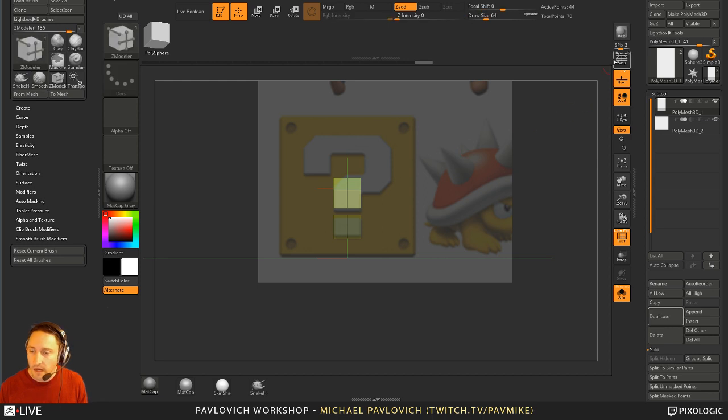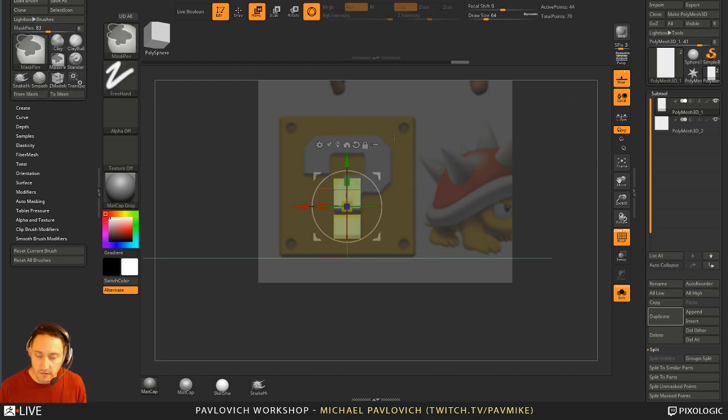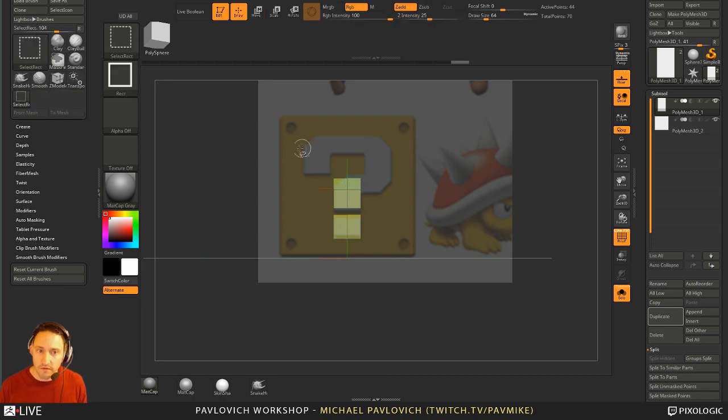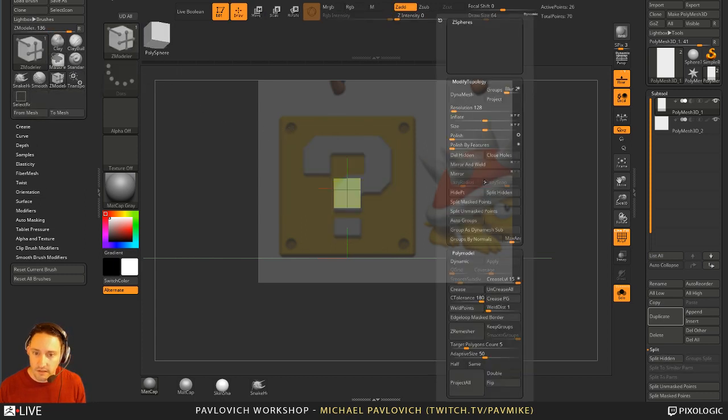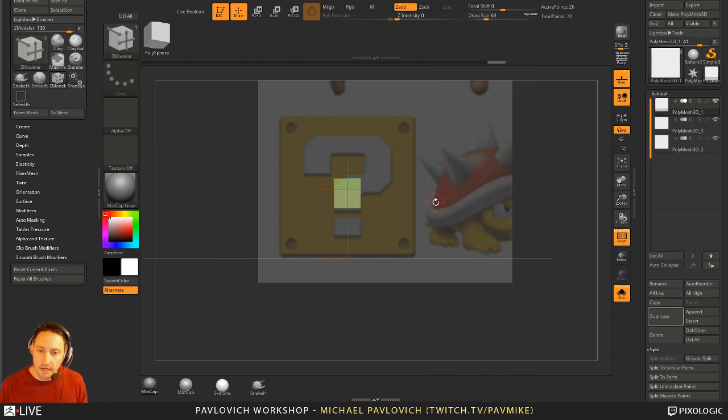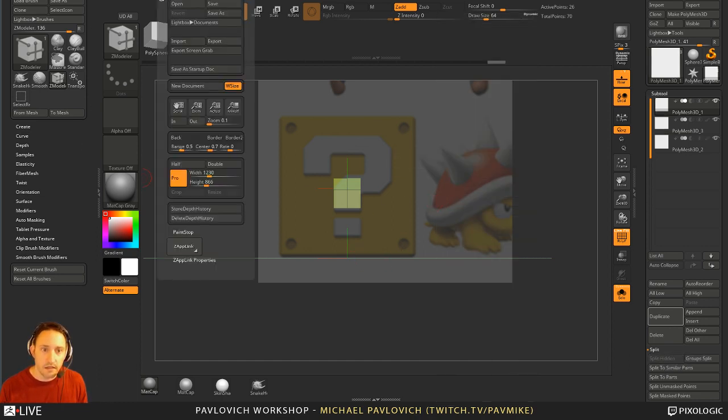basic shape here. I'm out of perspective mode because I'm doing hard surface modeling, so I want to make sure everything goes on there straight. Another thing I can do is go ahead and split this off. I'm going to hold down Control Shift, go into Select Rect, grab those pieces, and then I'm going to do a split hidden. And another thing I can do is go over here to my document window, and we can